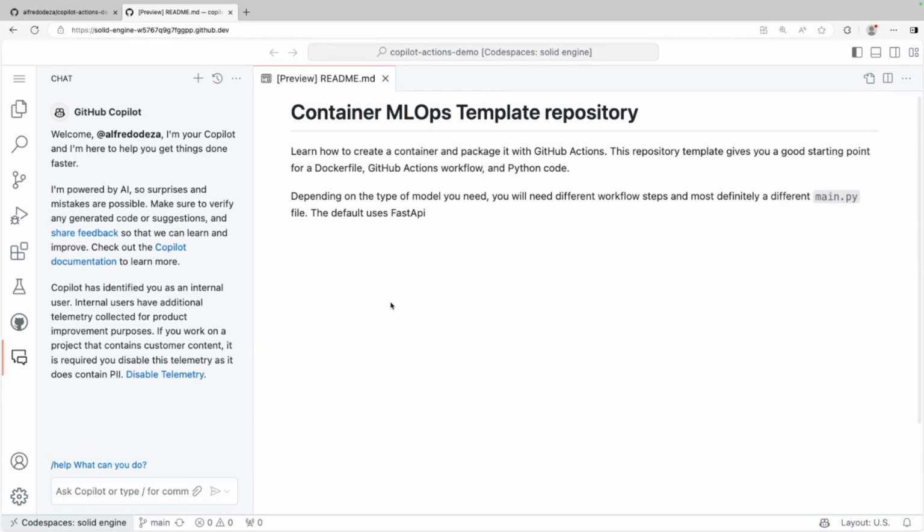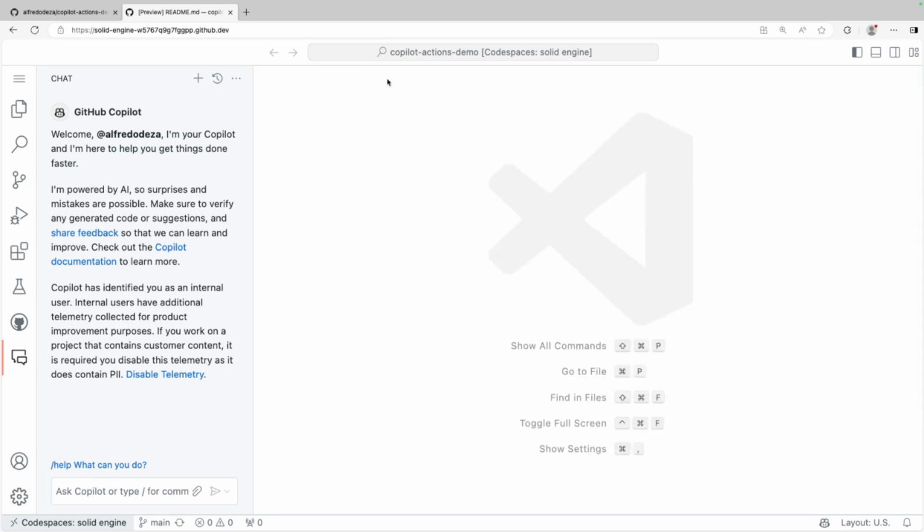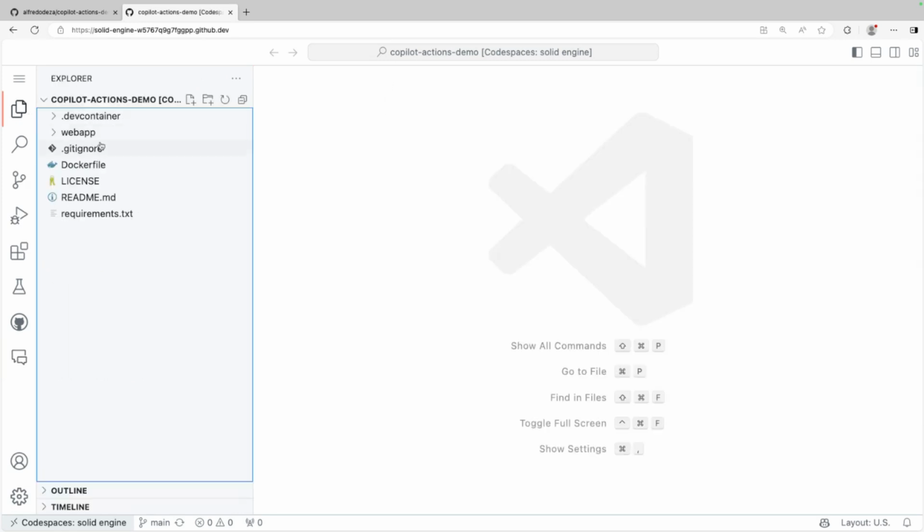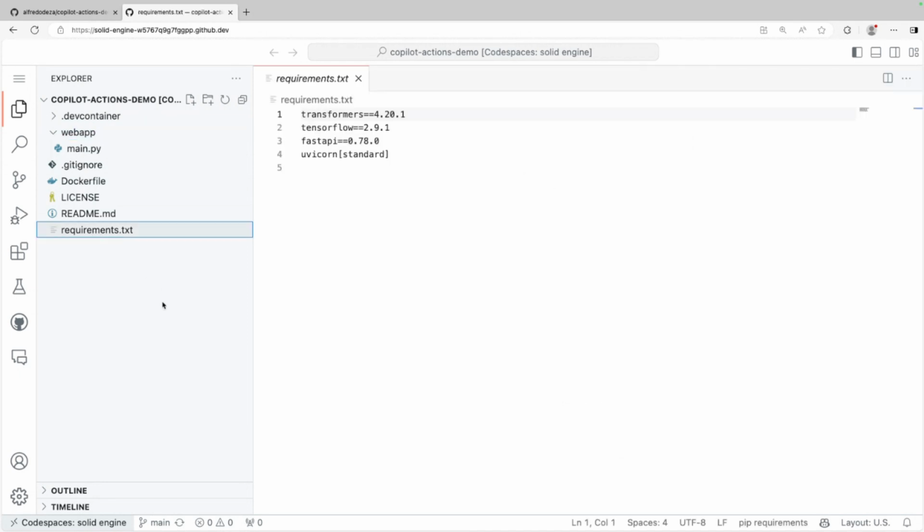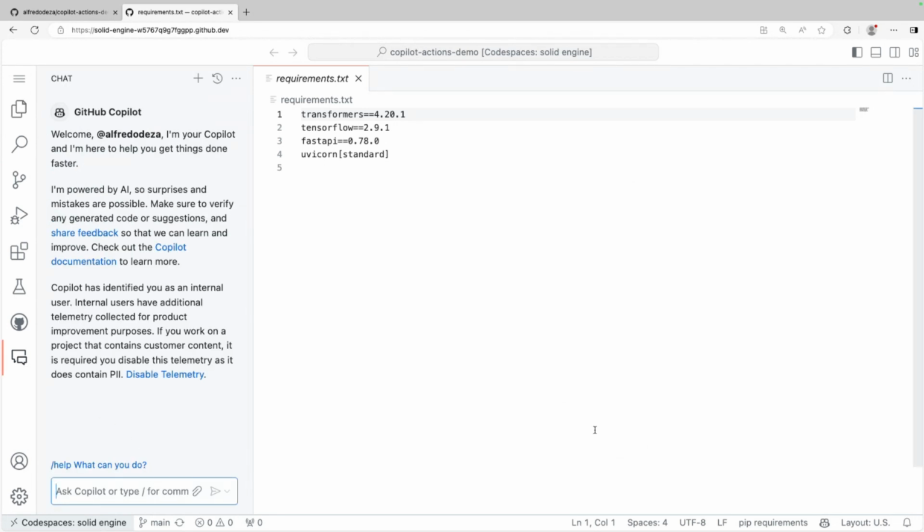But let's just assume that I need to go ahead and build some automation, and I want to build the automation with GitHub Actions. So that's one particular thing. You can see here I have many different pieces. I have the main.py file, the Dockerfile, some requirements.txt, and I want to build the automation with GitHub Actions. The automation is going to help me containerize this whole project. So one of the first things I'm going to ask GitHub Copilot is